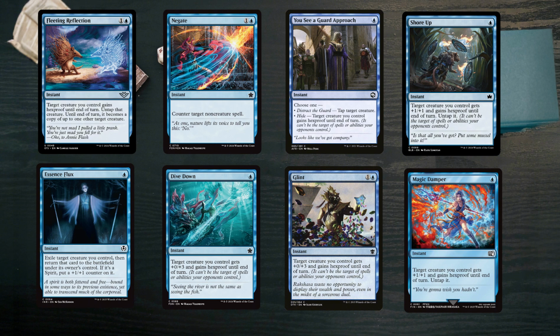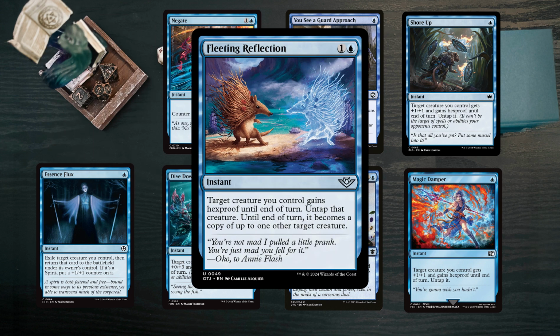Eventually, your opponents learn about your deck through dying. And they know that they have to remove Vadrik at all costs. So we have 8 spells here, mostly giving hexproof. My favorite one here is actually Fleeting Reflection. It's a decent protection spell, but later on, it can also be used as a pump spell, depending on what